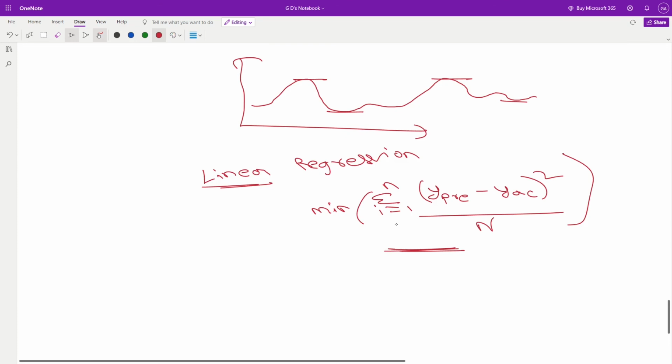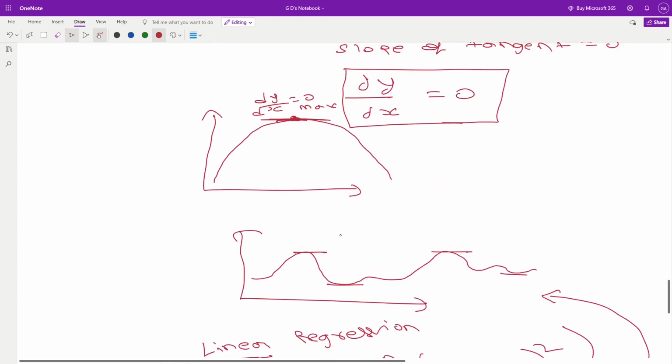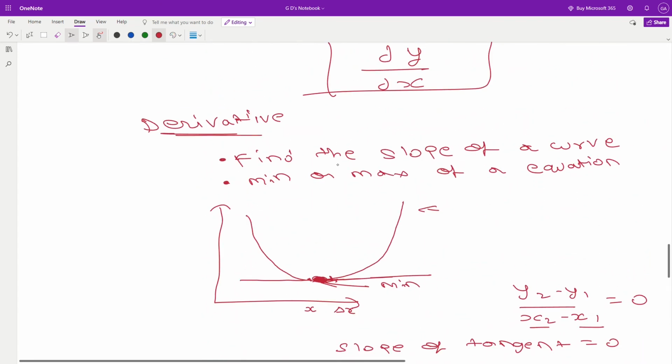If you want to minimize this, you need to use something called gradient descent. You can see it looks like an x square function. So this is how the derivative works, and this is how we can use it. The main conclusion of this video is that the main use of derivative is to find the slope of a curve